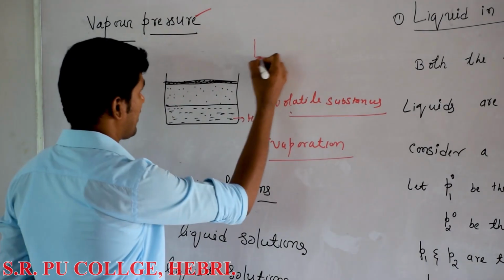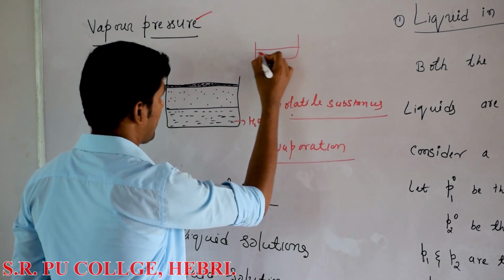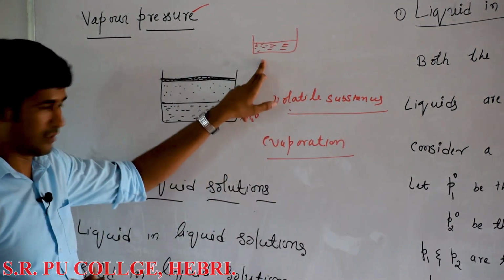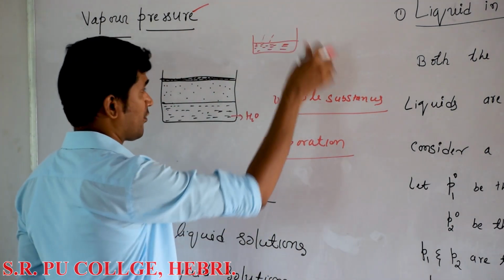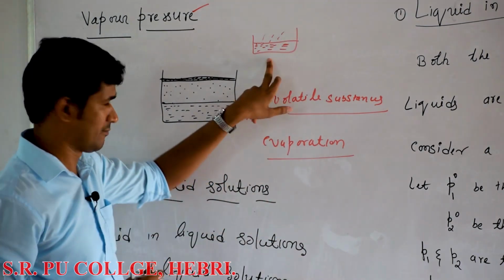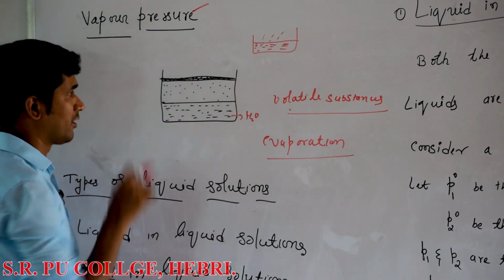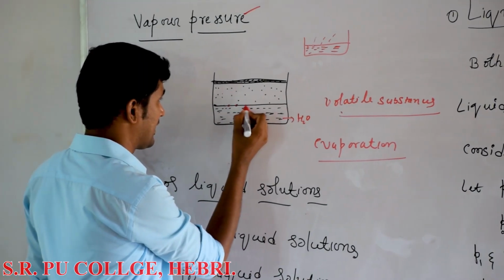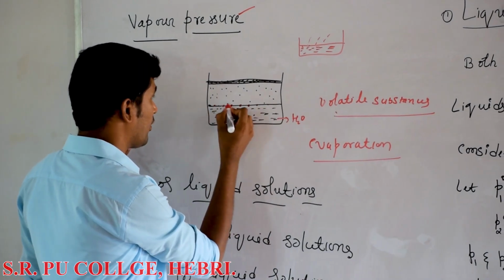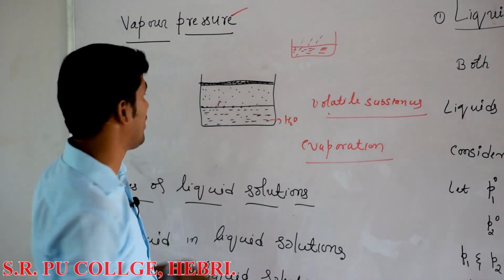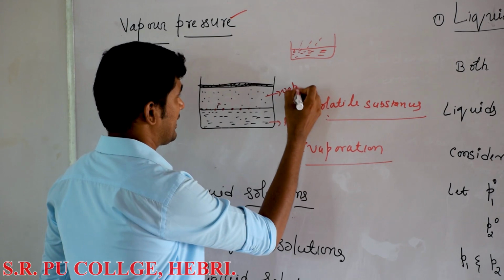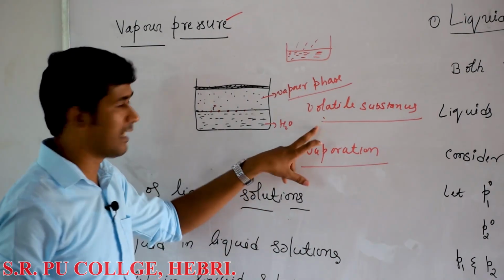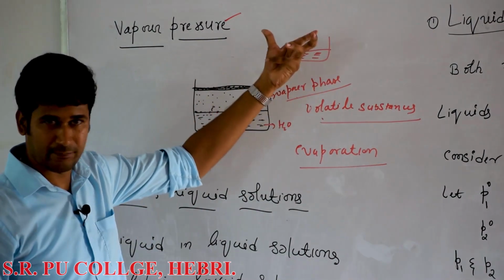If you take water in an open container, the molecules present at the surface of the water undergo evaporation because of its volatility. If you take the same water in a closed container, in this case also, the water molecules present at the surface undergo evaporation and go to the vapor phase. They form water vapors. All liquids are volatile. They undergo evaporation and form vapors.